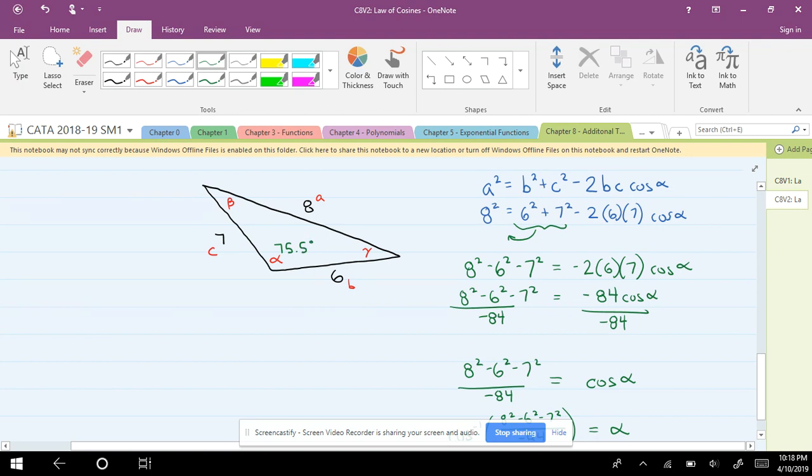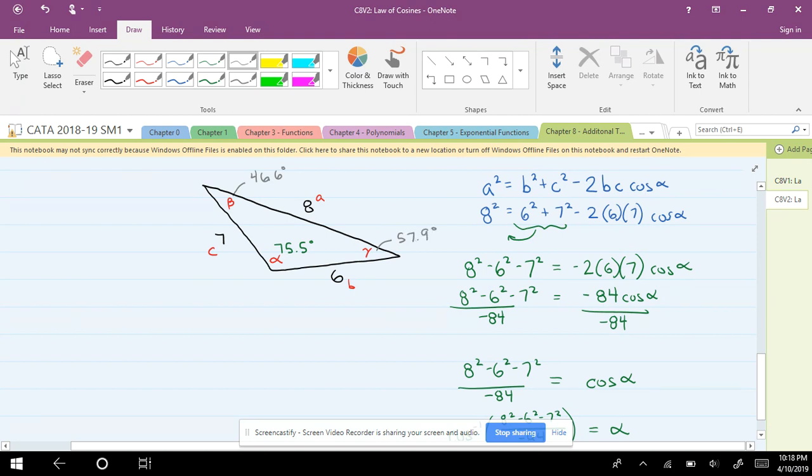And just like in the last example, once I get this angle, now I have a side and opposite angle relationship. So in order to find beta and gamma, I'm not going to do law of cosines. I'm going to do the law of sines to find those missing angles, because those are just easier to use with the law of sines. I'm not going to do that here, but I would strongly encourage you to try that. And when you try that, you should get beta to be approximately 46.6 degrees, and you should get gamma to be approximately